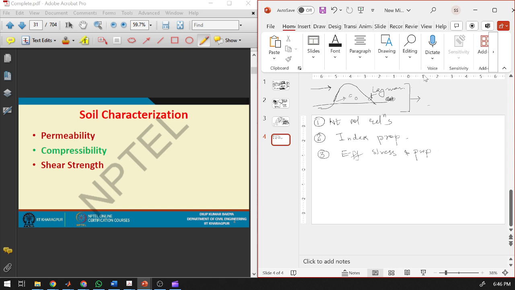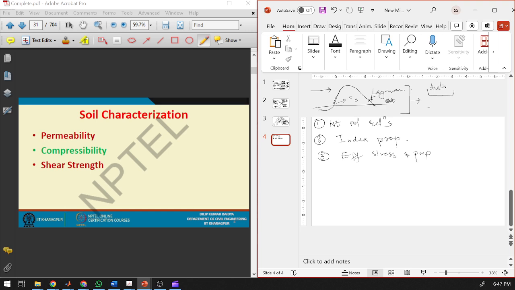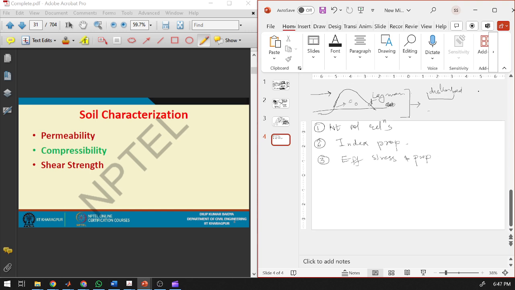So, what we can do is, it can be the soil that I have given you. First of all, you ask me, is this a disturbed sample or is this an undisturbed sample? If it is a disturbed sample, it means that